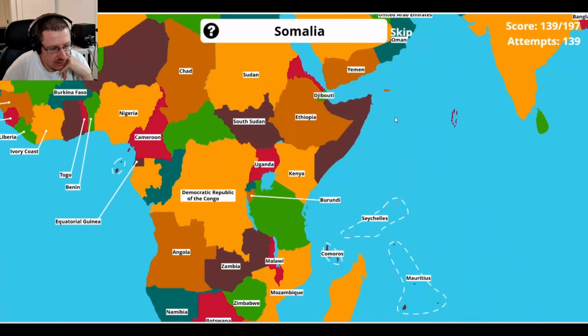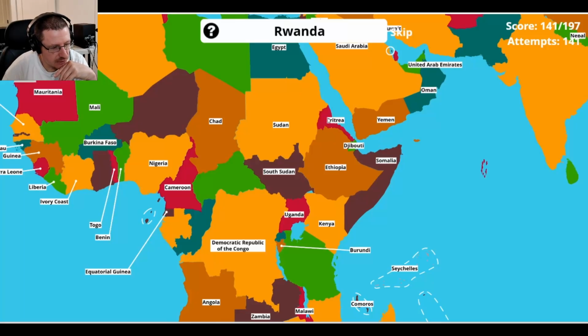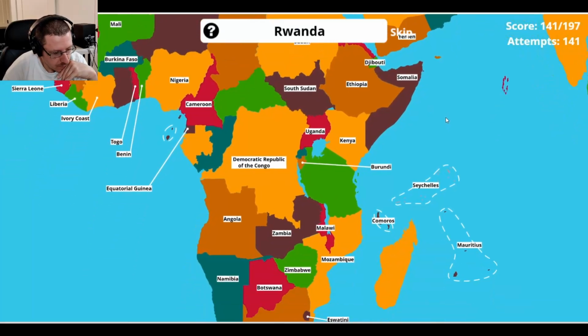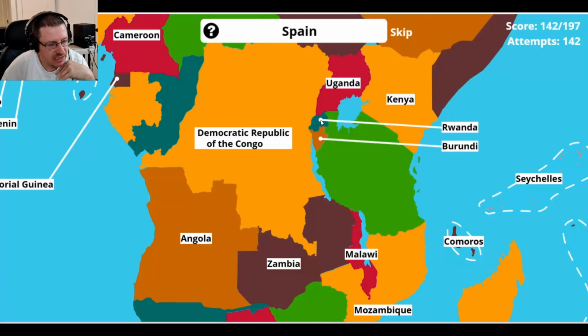Somalia is right here for its pirates. It's known for its modern piracy. Eritrea is right here. It means red because I think the Red Sea is right here. The coastline lies on the Red Sea. Rwanda, I think Hotel Rwanda. Rwanda is on top of Burundi. Rwanda is known as the land of 1,000 hills, for its rolling hills there.